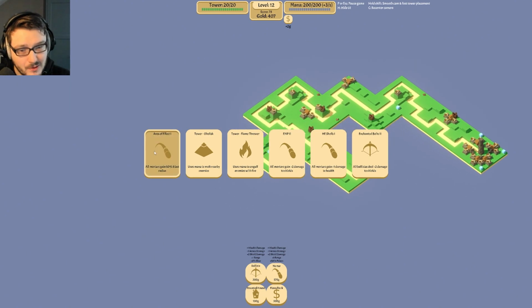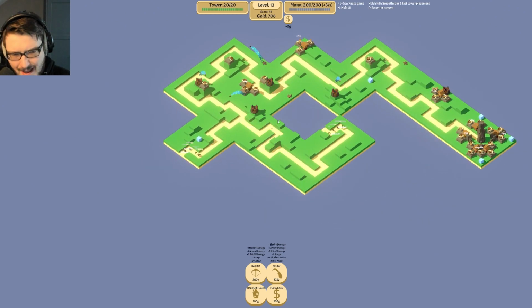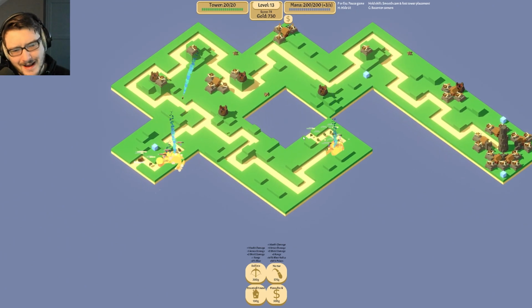Area of effect on mortars. So it feels like mortars are going to be my carry tower, and my ballistas are kind of like utility, which is totally how I would play this if I'm going for a dual tower build. I would like the +2 shield damage, and I would like the enchanted bolts, but I think this area of effect thing is just too good, and I'm totally, okay, we have ourselves, and this is actually not so bad,